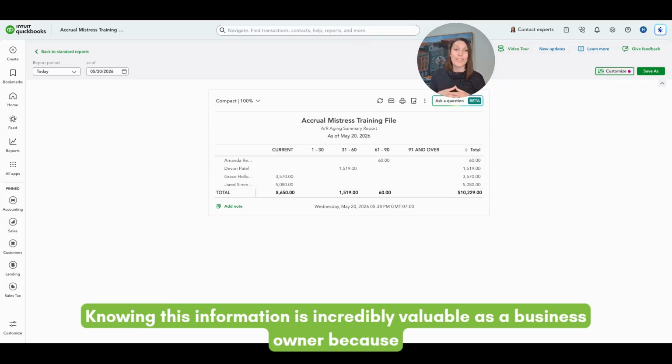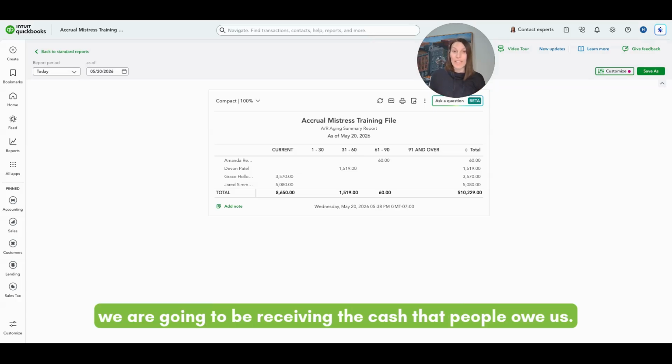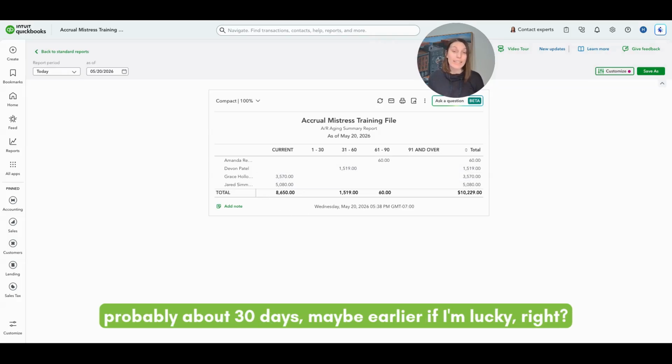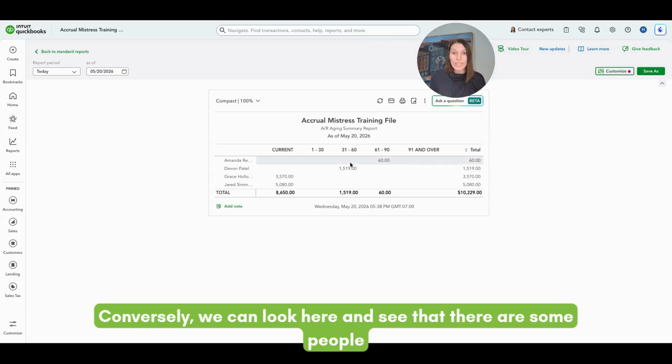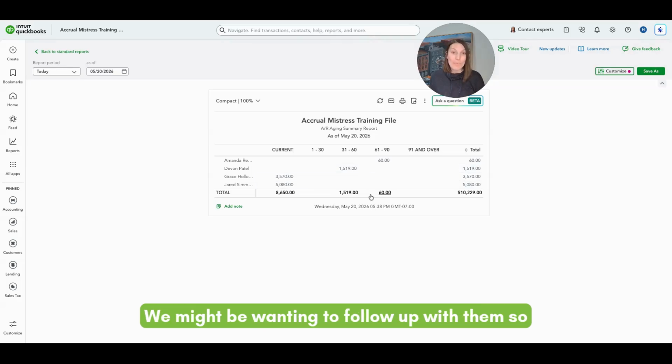Knowing this information is incredibly valuable as a business owner because it helps us forecast when we are going to be receiving the cash that people owe us. If I'm looking at this and the invoice is current and I extend my customers 30 days of terms to pay, I know I'm not going to see these amounts of money for probably about 30 days, maybe earlier if I'm lucky, right? Conversely, we can look here and see that there are some people who are past due in their payments. We might be wanting to follow up with them so that we can get this cleared off